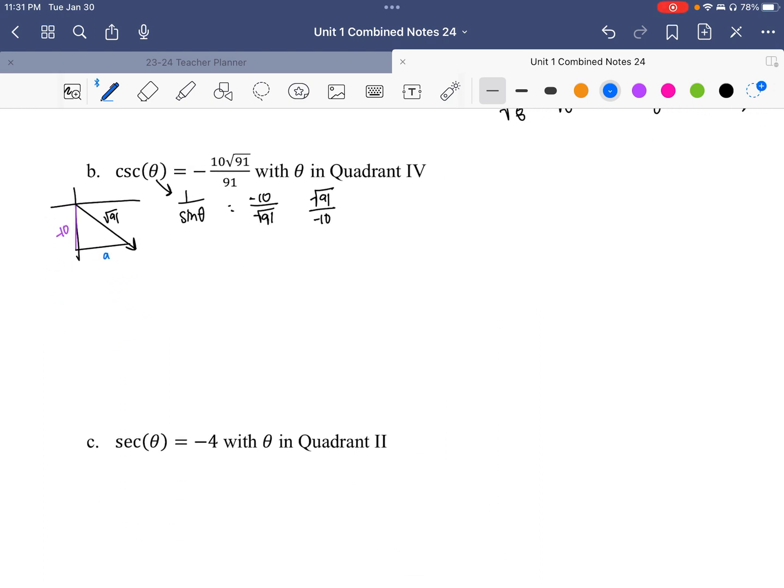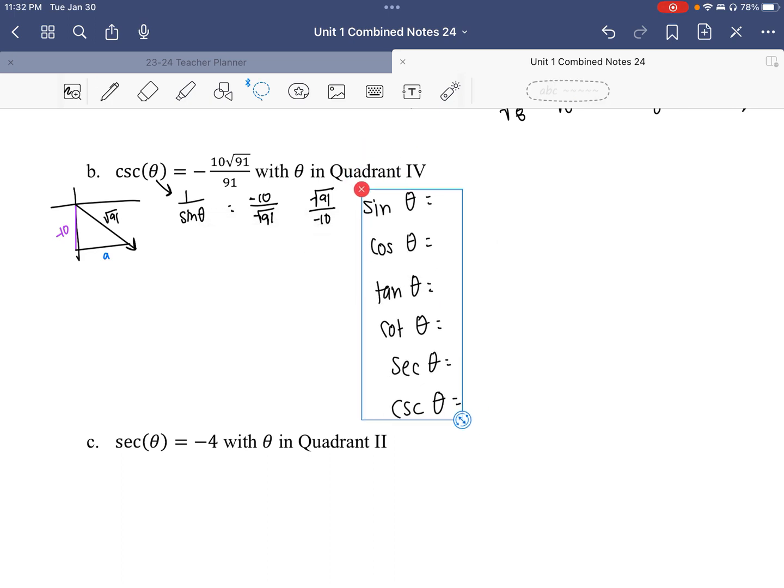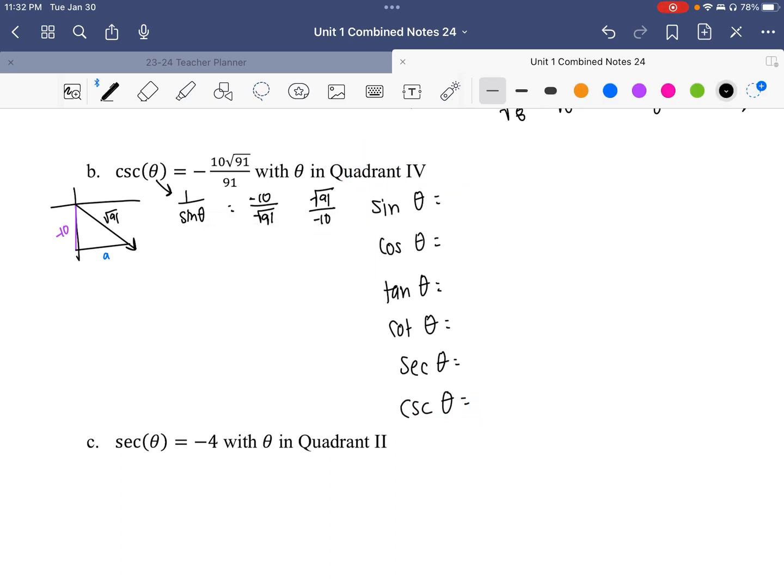Okay, so again, we need to have all 6 of our functions listed out here. All right, so sine we kind of already talked about here because we talked about how 1 over sine is this. So sine would be negative 10 over the square root of 91,